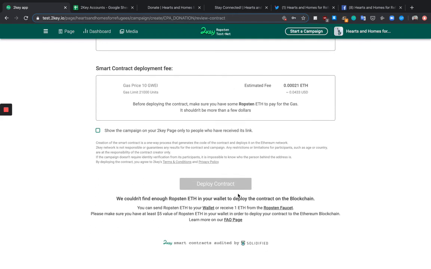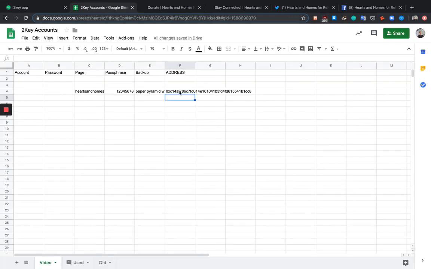So this is one of the difficulties here with Ethereum. To deploy this, you need a little bit of gas to write this to the Ethereum blockchain. So it costs about 5 cents, but we need to send some ETH to our wallet to actually do this. We'll do a separate video that goes into more detail. But for right now, we know that this is my address. So I need to send a little bit of ETH to this address so I can go ahead and deploy